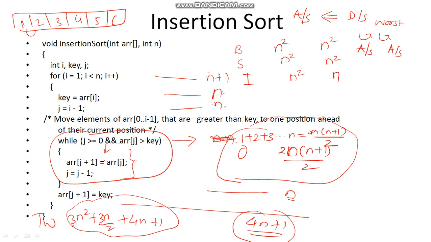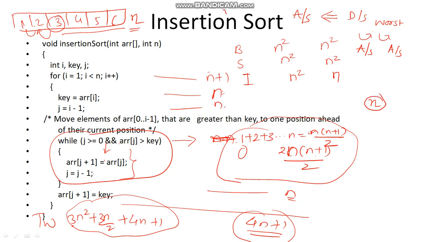There is no need to shift. The first element will be placed here only, the second element will be placed here only, because all the previous elements are less than 2. For the third element, all the previous elements are less than 3, so it will be placed here only. So there will be no exchanges, and only n comparisons are required here. Only n amount of time is required here. So the algorithm which has complexity n in its best case is insertion sort.